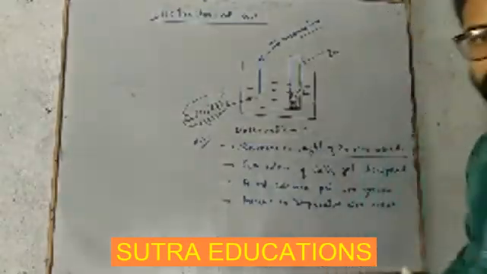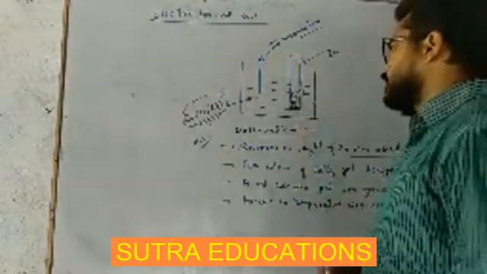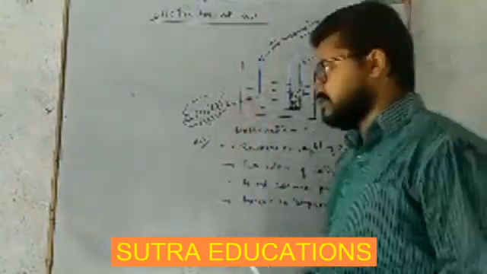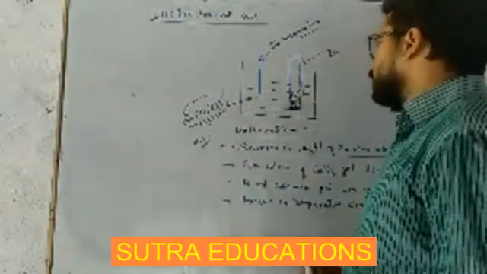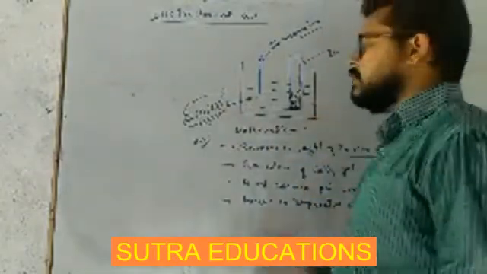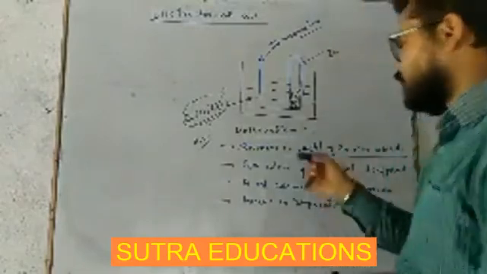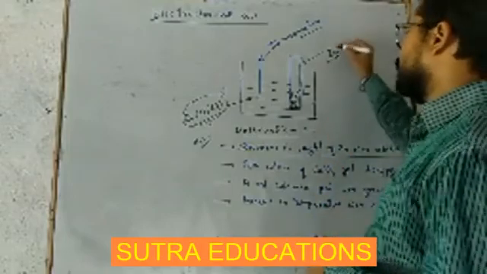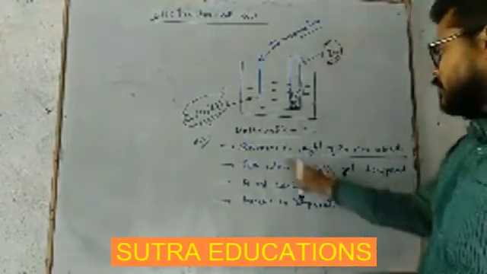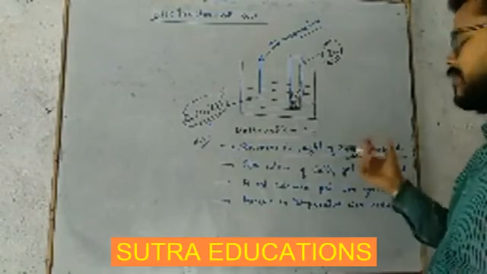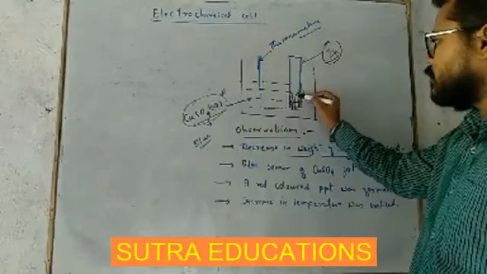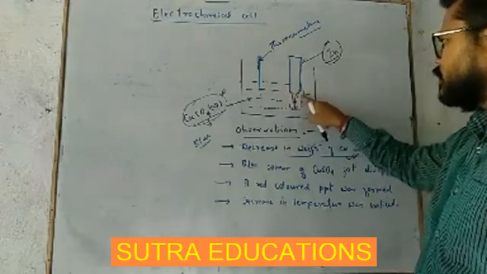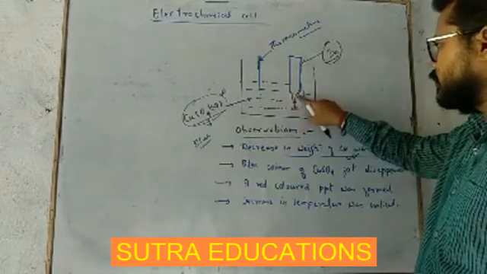Getting this? Simply, it is a container, and in this container, aqueous copper sulfate, with some water added, was kept, and one zinc rod was inserted in this electrolyte. Then, after some time, it was observed that the weight of this zinc was reduced. Decrease in weight of zinc was noticed. So some portion of zinc disappeared.